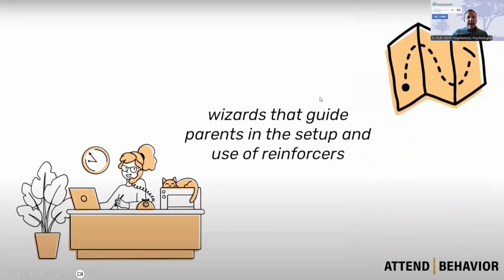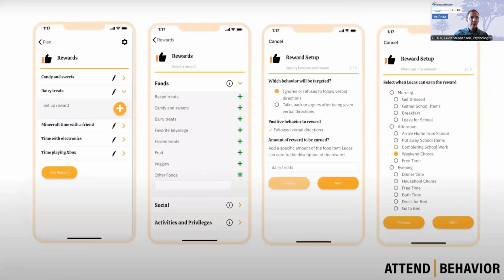And then along with that interface, there's these wizards or step-by-step guides that, after you go through the learning content, also help walk people through the setup for using reinforcers, to identify target behaviors, and doing all the other skills as well. Next slide. So here's some screenshots of the different things. There's a place to do rewards or incentives for things. And we'll go through some of the specifics in more detail, but here's a sampling of different things that can be done. Next slide.